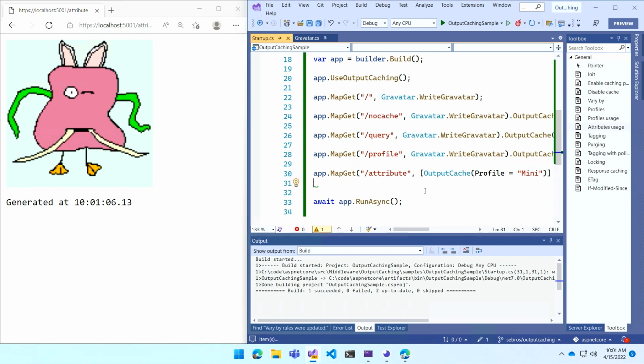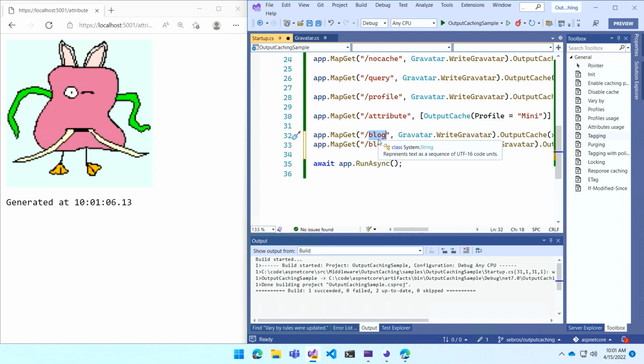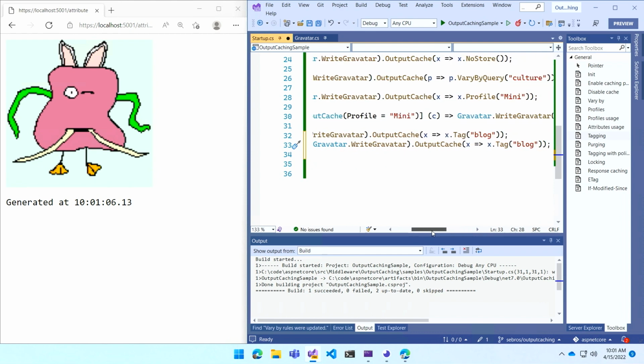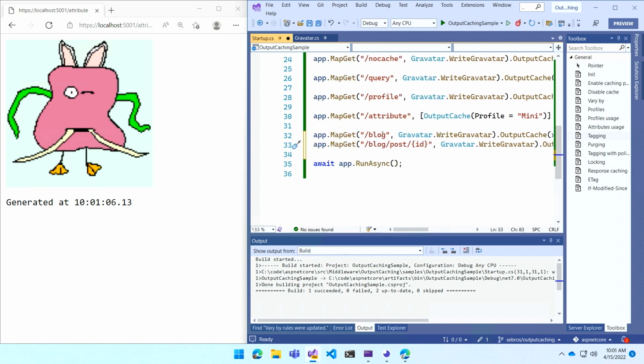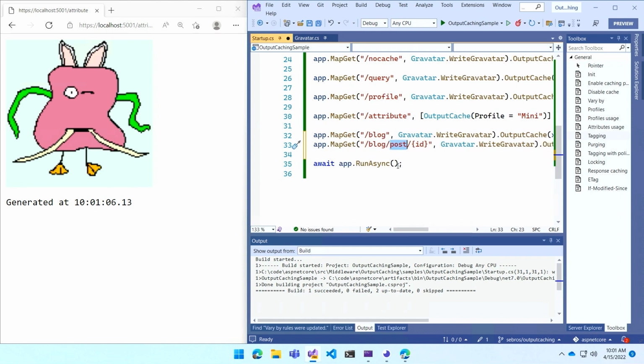Now, tagging. Tagging, I explained earlier, is about being able to invalidate a specific section of a site. So how to do that? I'm creating 2 endpoints that will simulate a blog. I will have the blog endpoint to display the full list of blog posts, and a post endpoint with an ID to generate a new page for every URL of the ID. Okay? And they are both tagged with the blog value. So any page blog or any page blog post will have the same tag blog. So running that,